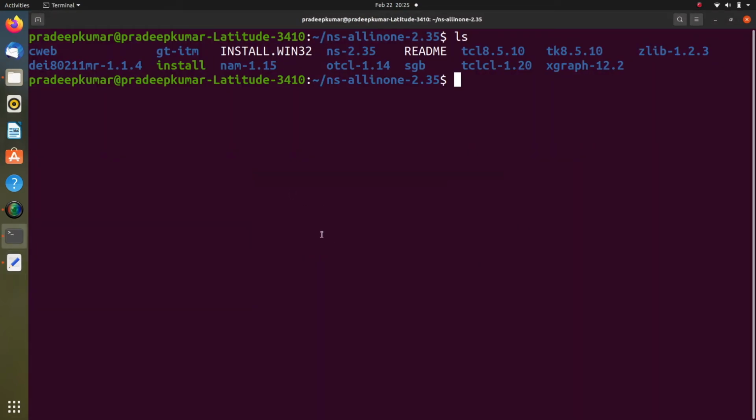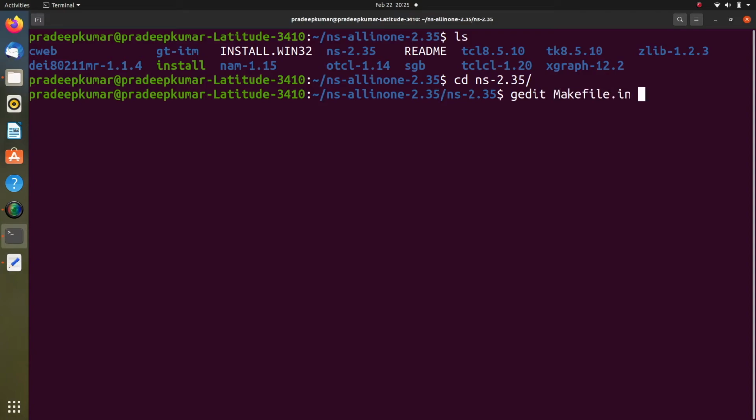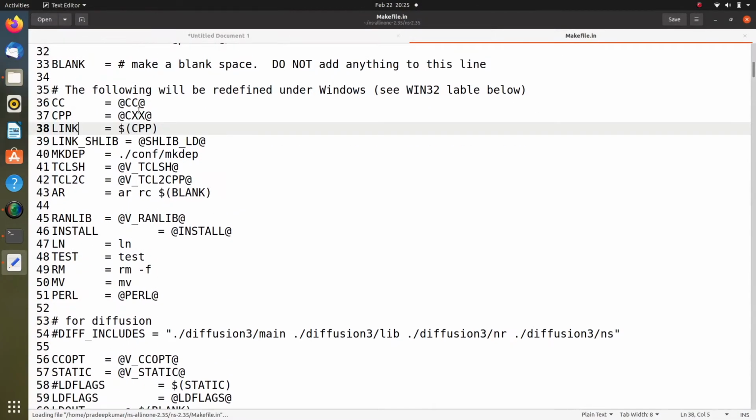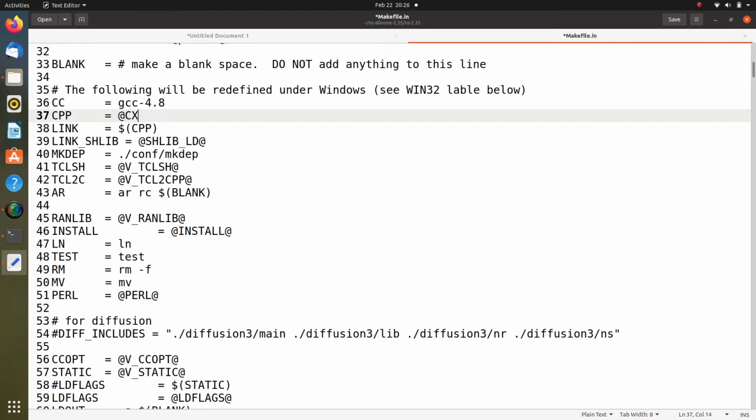So as per this, cd ns-2.35, gedit makefile.in. So in this already you can see CC we replaced with gcc-4.8. So the line number is almost around 36 and this is line number 37. So g++-4.8.